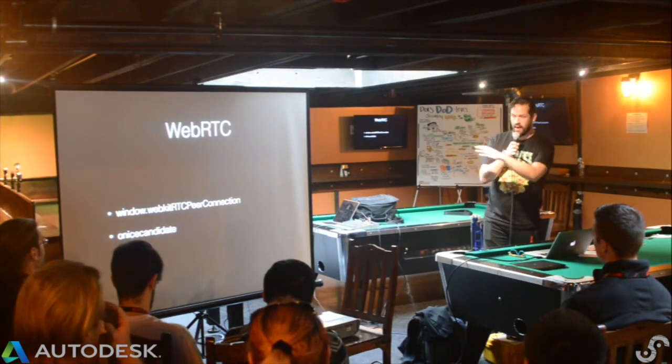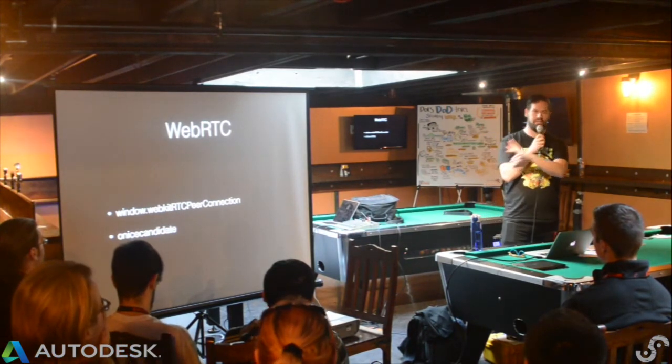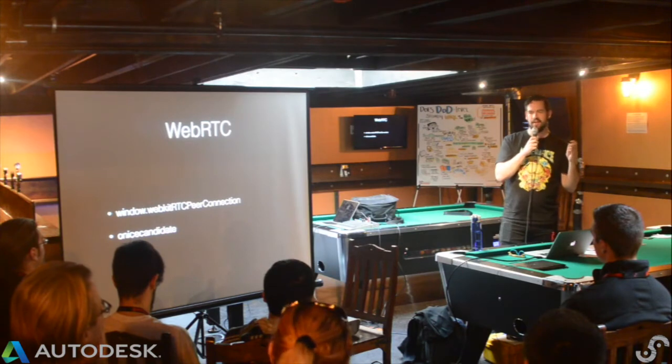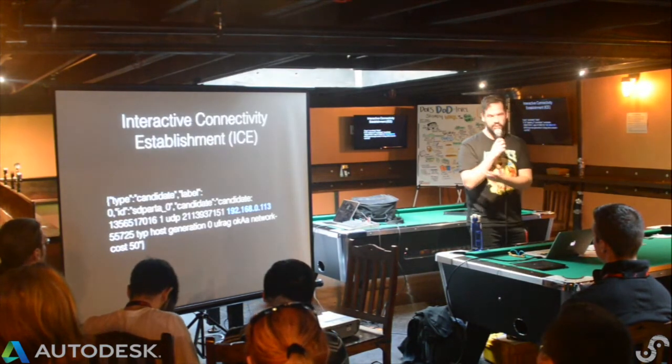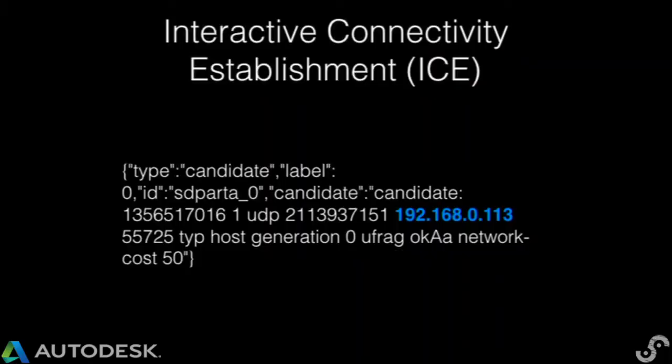So as part of that, when you establish a peer connection, even if it's not a legit peer connection, it'll start throwing these onicecandidate events. And ICE, the Interactive Connectivity Establishment, will basically say, okay, my browser is listening on these IP addresses and on these ports. In this instance, you can see the local IP address of this computer is 192.168.0.113. So all of a sudden, we've started to get a picture of the local subnet, and it's listening on a particular UDP port, which doesn't really matter.